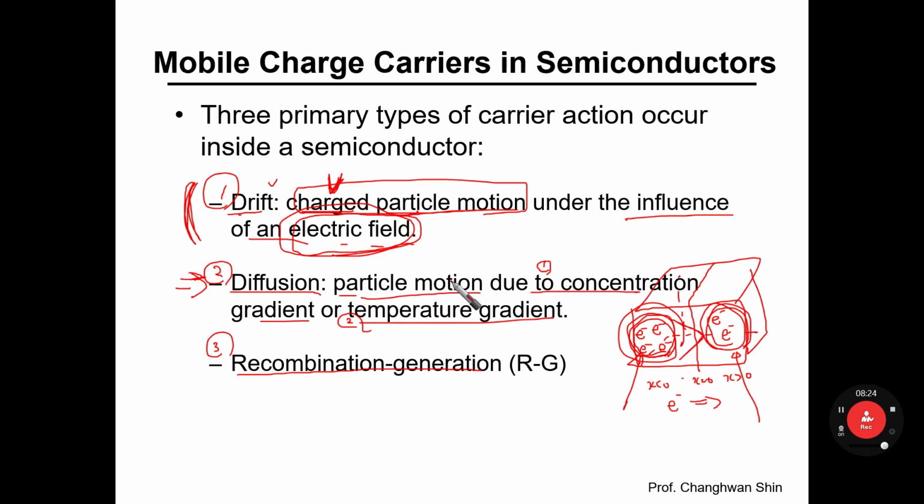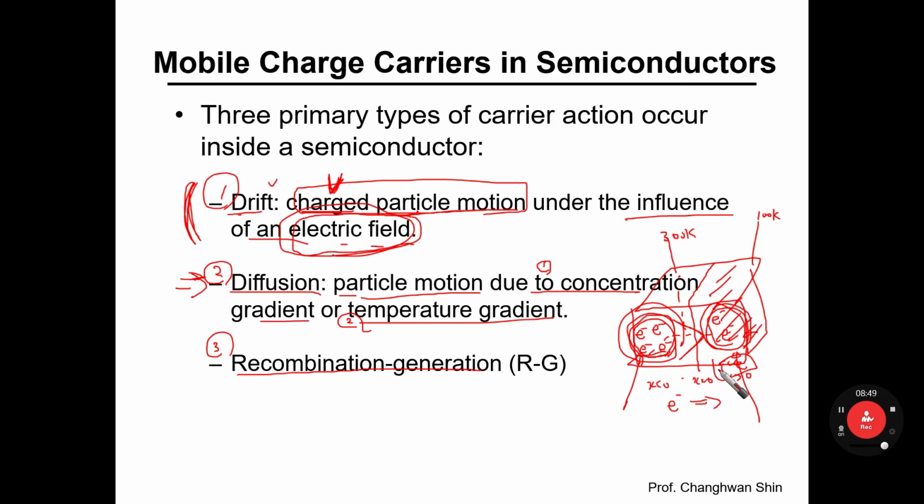The other mechanism that brings about diffusion is a temperature gradient. Suppose that here is 300 Kelvin and here is 100 Kelvin. Suppose that you place the ice near the right-hand side, then maybe the electrons in this regime,